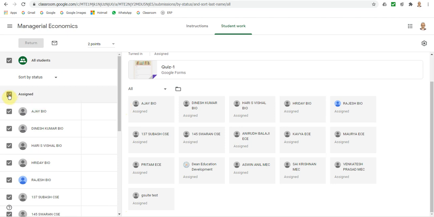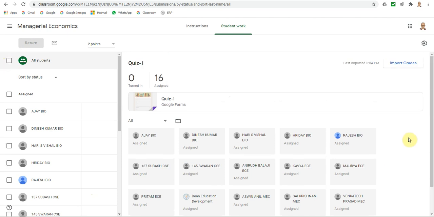So I'll select here, right? So I can't return because no student has taken the quiz. If any of them have taken, this will be enabled. So once you click on that, the marks will be displayed here, and also the information, the test mark, will be sent to those students through email. So that is the purpose of this button. Because no one has taken it, we are not able to see it here. So let's not worry about it. So we have imported it.